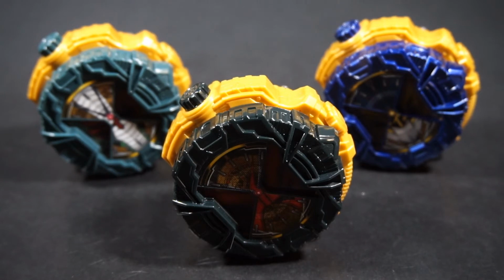So, I pre-ordered this set off of Collectibles for like $36, plus another 14 for shipping. So I got this for like $50, which isn't bad. I think what Mandarake has for it is pretty decent. They're like 40 to 45, going around the same prices as the previous Ride Watch sets. But I don't think you need it right away. I think you can honestly wait for it to go to like 35 to 30, like the Ride Watch sets,